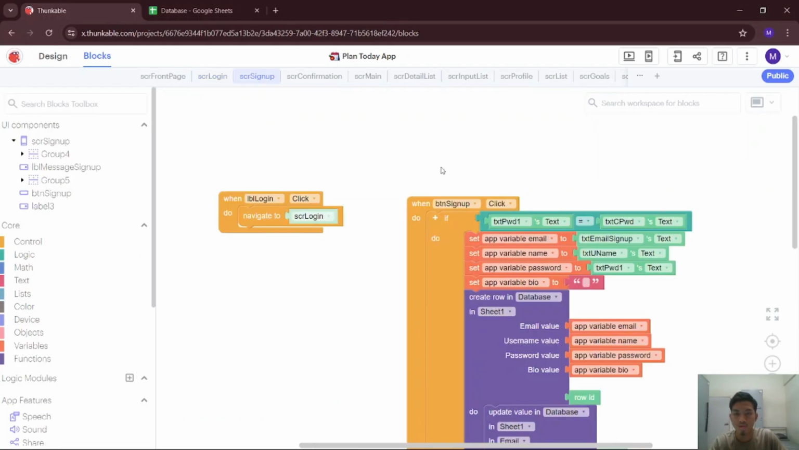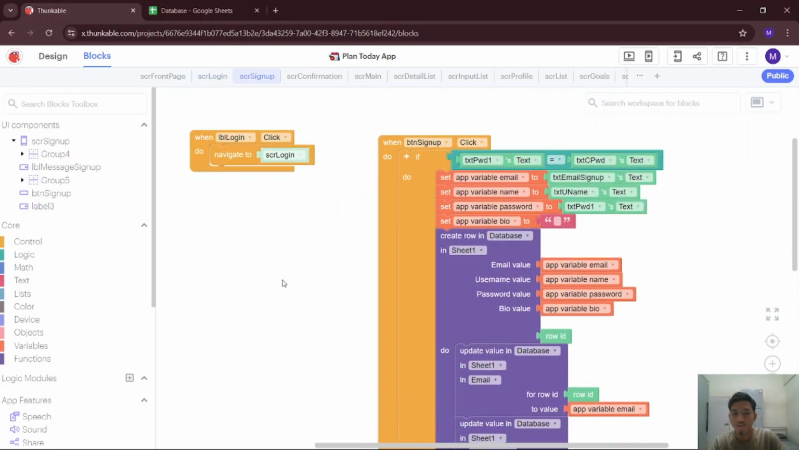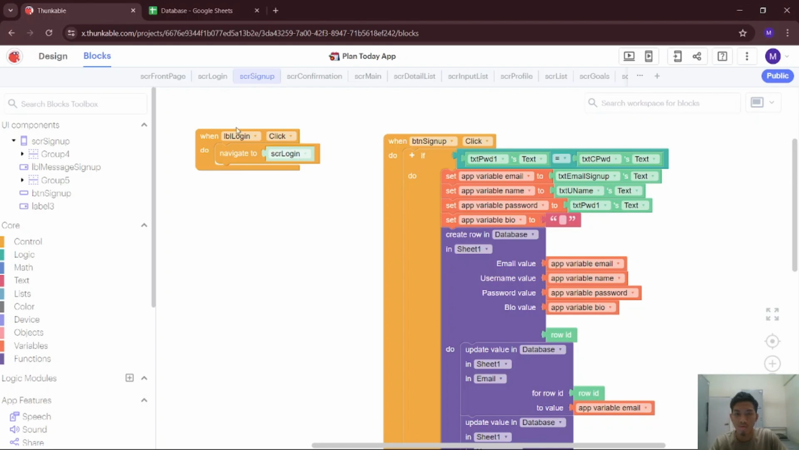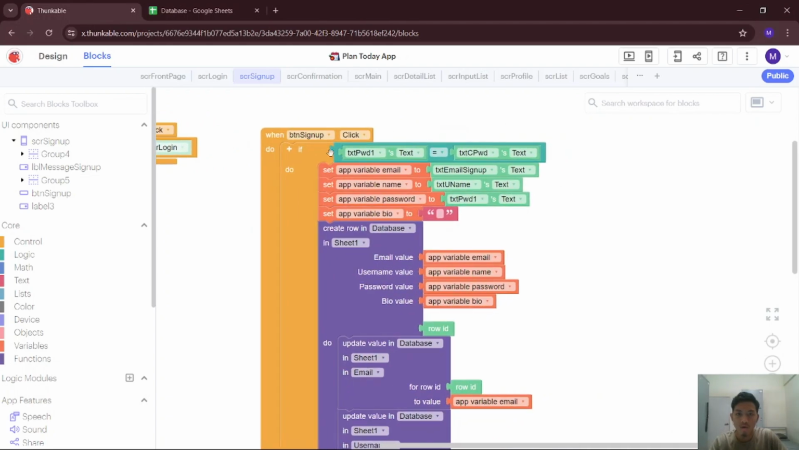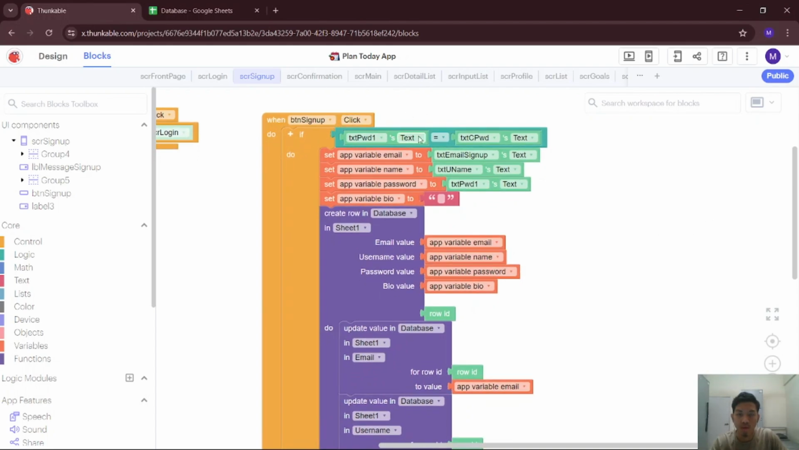Next we go to the screen sign up. In the screen sign up there is also a label login. When the user clicks it, it will go to the screen login. And when the user has put the data into the text box and clicks the button sign up, we check if the password that the user gave, password 1, equals the confirm password